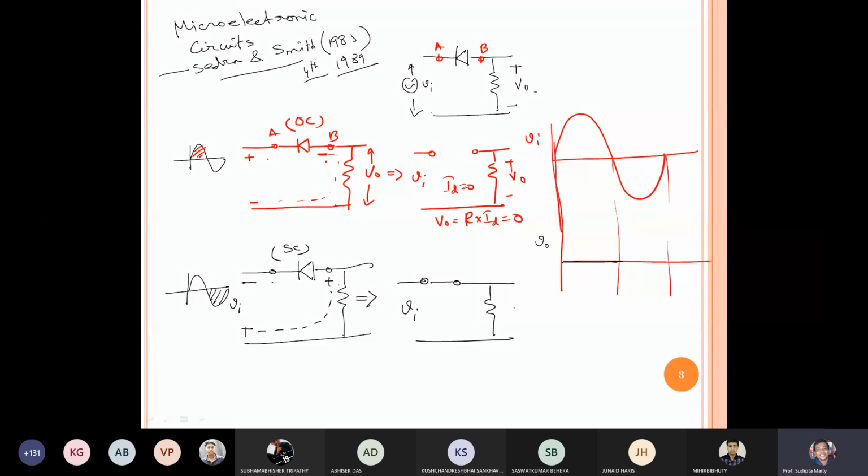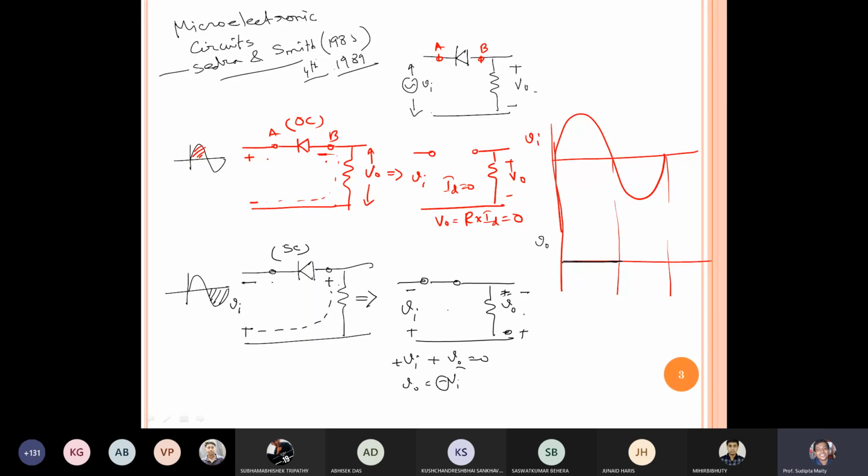So here I am giving Vi, here I am getting V0. Here this is my negative, this is my positive. Suppose I am taking this one as negative. So suppose here plus Vi plus V0 equal to 0. So V0 equal to minus Vi. Okay, so that means it will be opposite sign. So here it will be negative, here it will be positive because we got a negative sign.